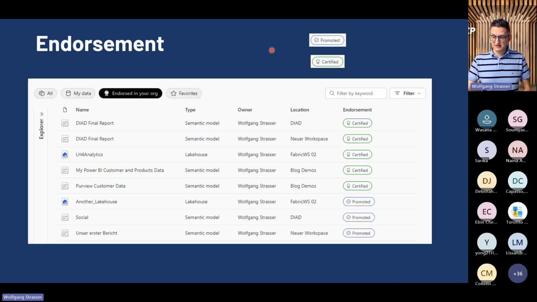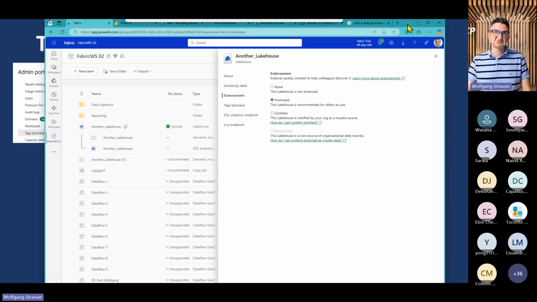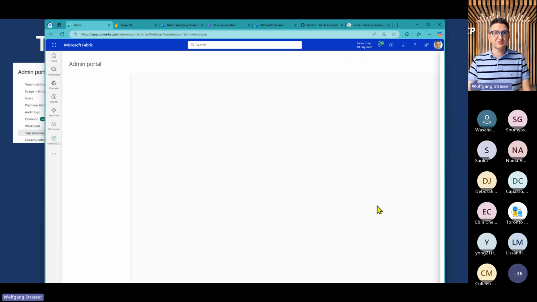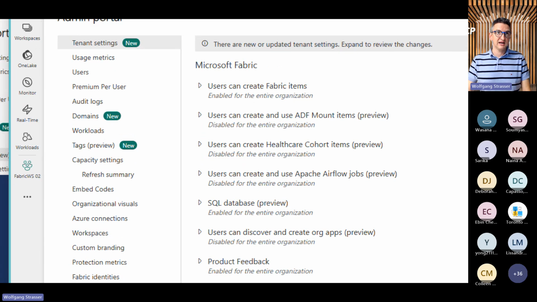So that's endorsements. Another way we can add more metadata to our Fabric environments and Fabric items is the concept of tags. That one is quite new, and we will find the definition of the tags also in our Power BI admin portal.